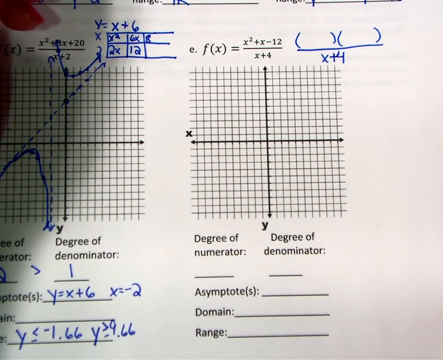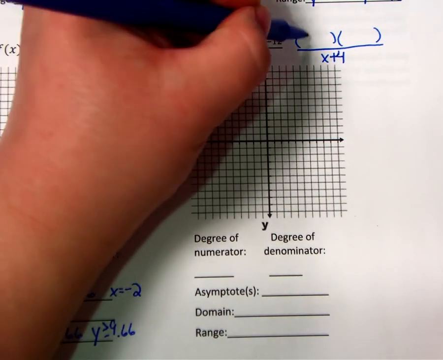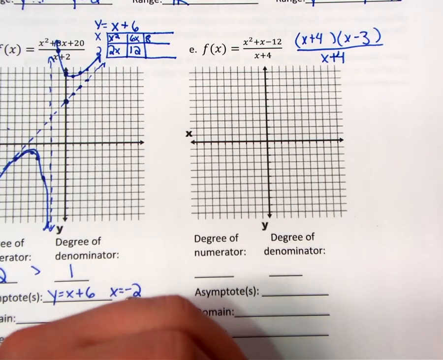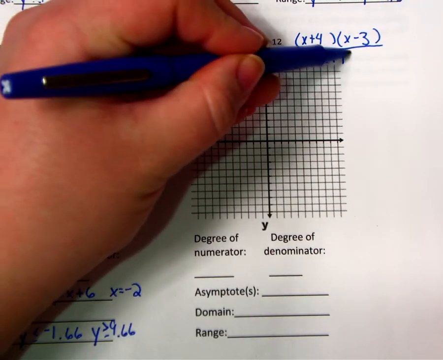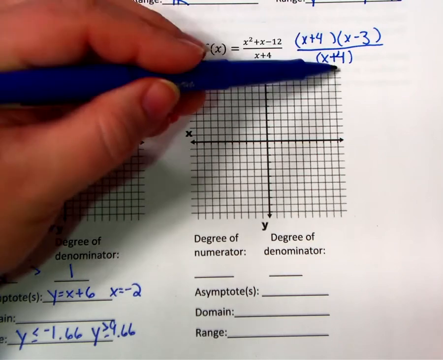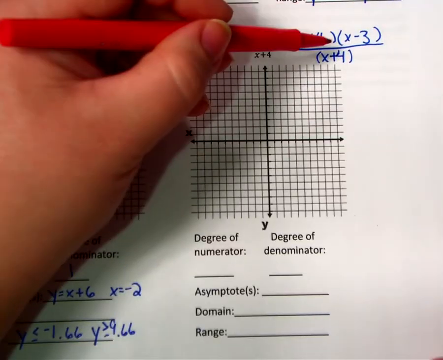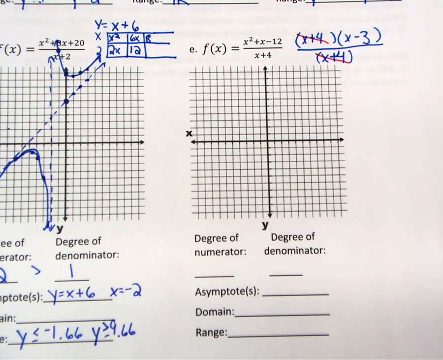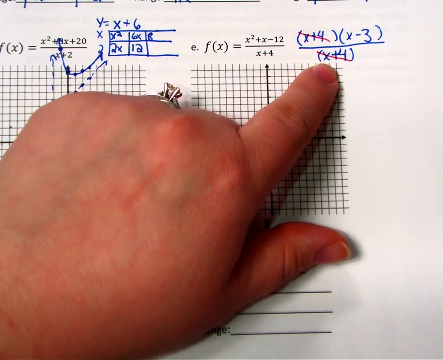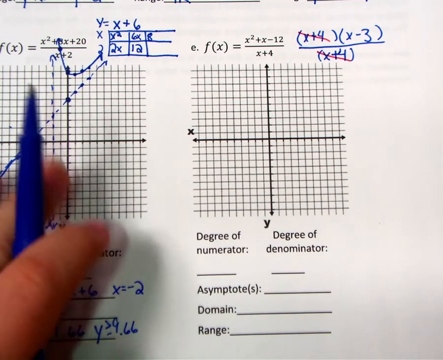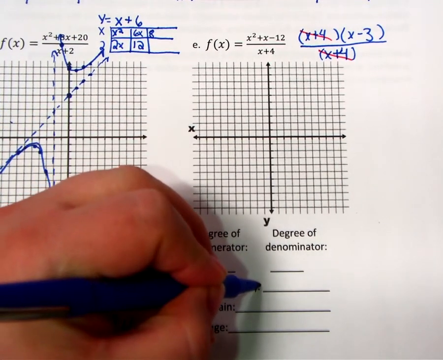And if we factored out E, we would get x plus 4 and x minus 3. Now you'll notice that in our simplifying sections in 8.1, we would have said, oh my goodness, x plus 4 is on top and it's on the bottom. It cancels. So it simplifies down to just x minus 3, which is true, but we cannot discount the fact that x plus 4 was on the bottom at some point in time. So instead, we call that a hole. It's not an asymptote. It's a hole,